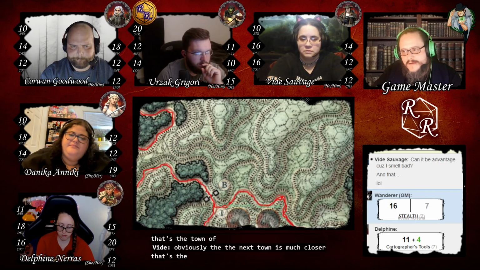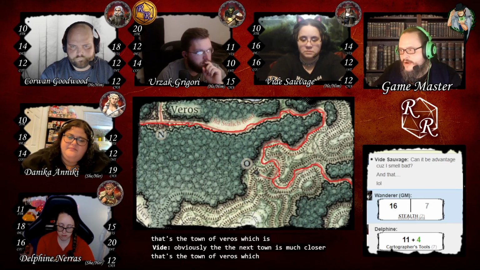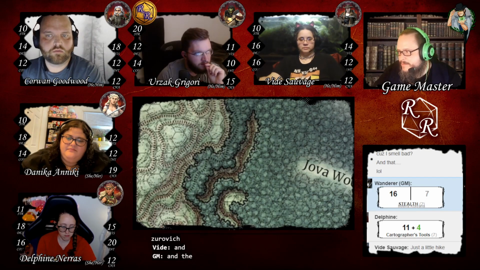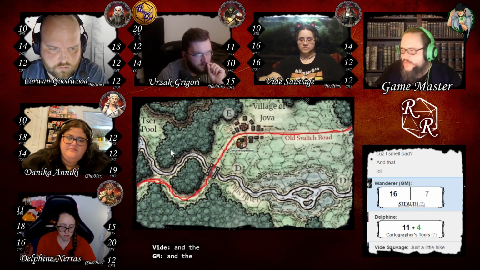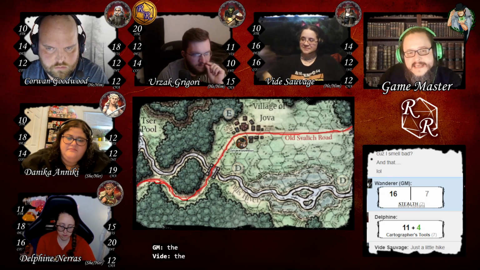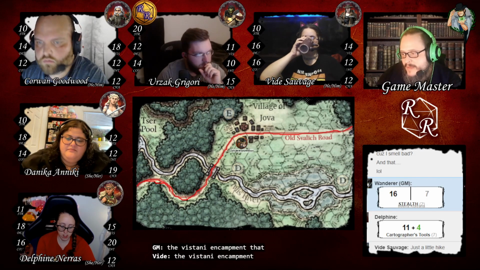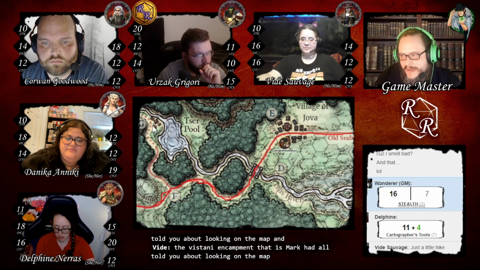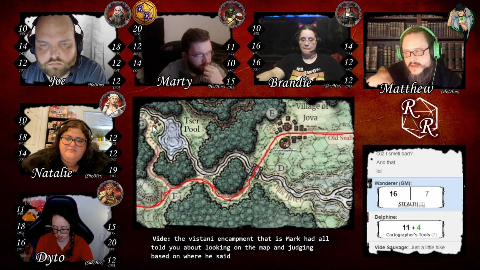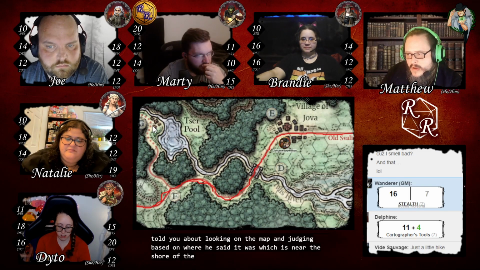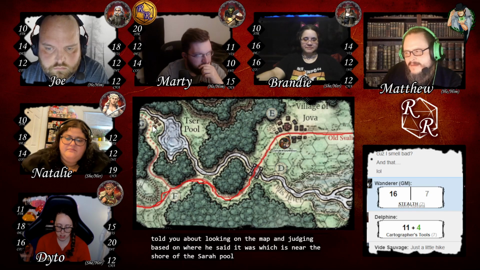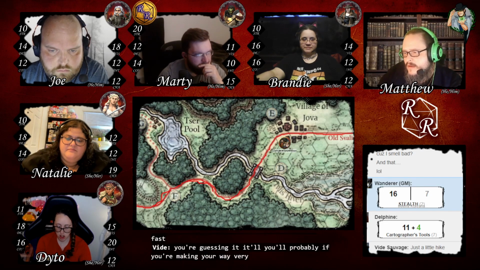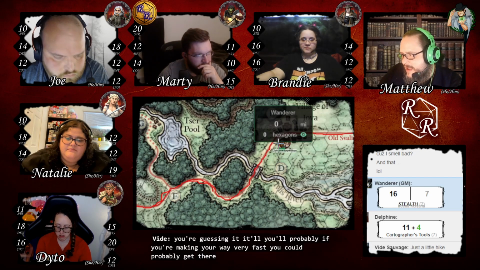That's the town of Veros, up there by Lake Zarovich. And the Vistani encampment that Ismark told you about, judging by where he said it was, near the shore of the Serre Pool, if you're making your way very fast, you could probably get there in a handful of hours.